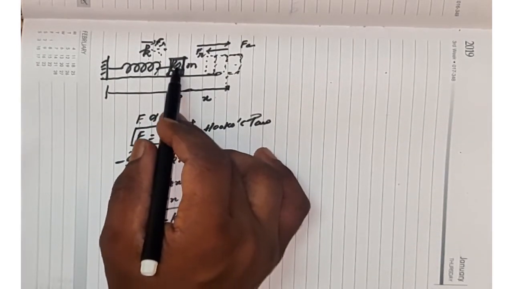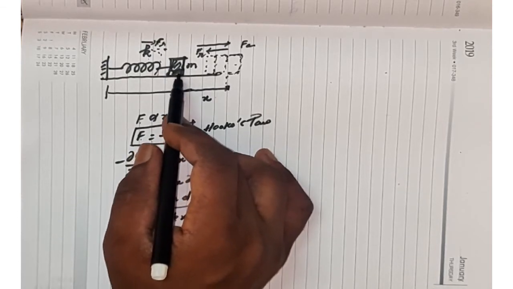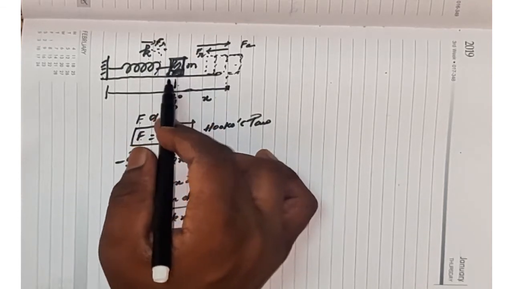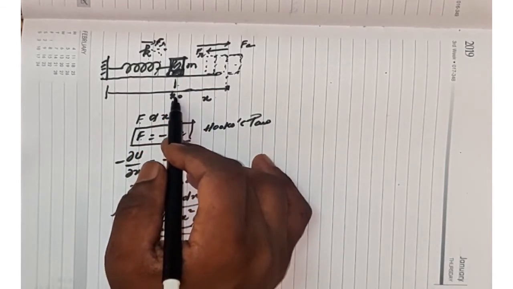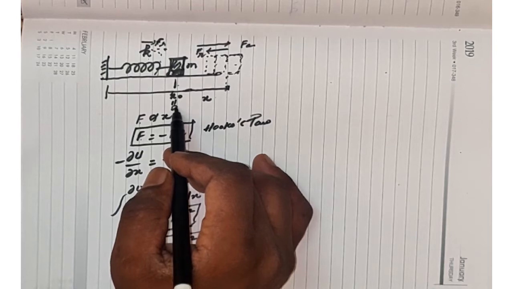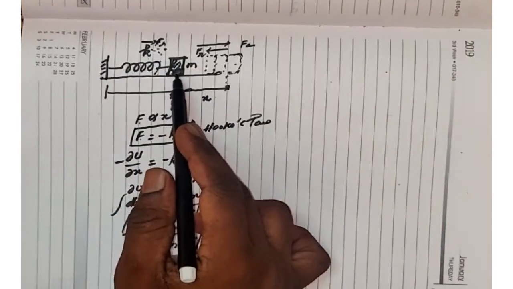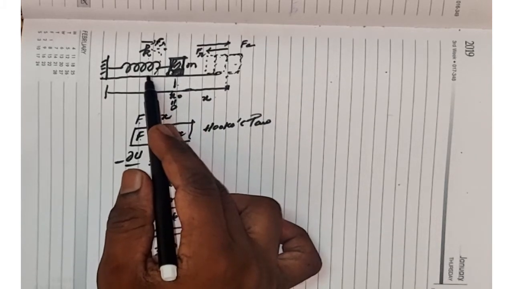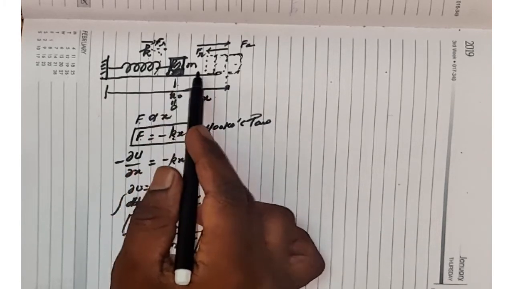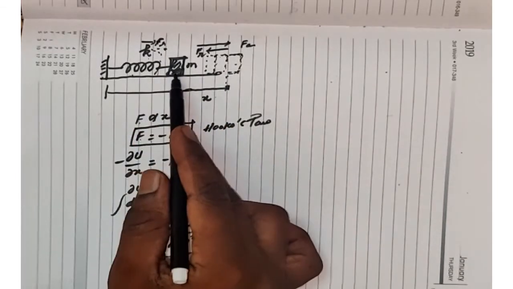When the mass reaches that position, the velocity will be maximum. So you can take the reference point x equal to 0. x equal to 0 means potential energy is 0, purely kinetic. Then again, if it is moved to the left-hand side extreme point, the potential energy will be maximum, kinetic energy 0. In between these 3 points, 2 extremum